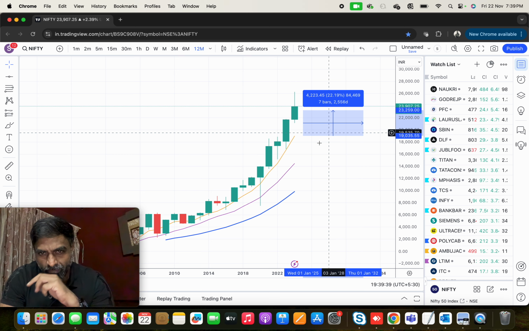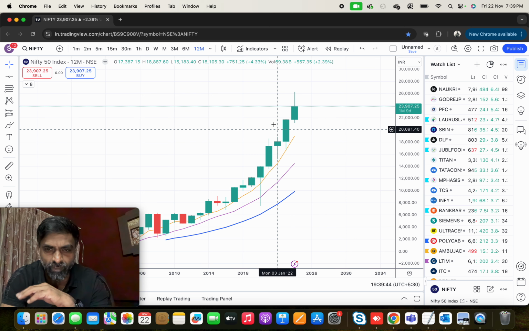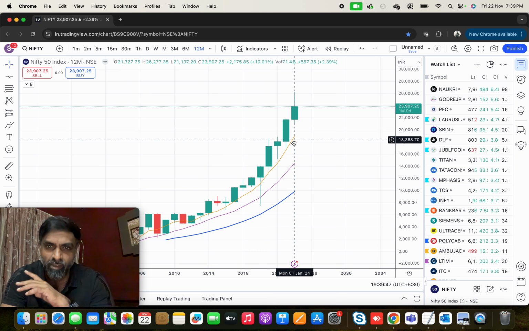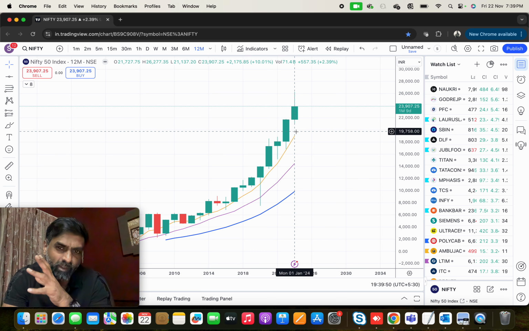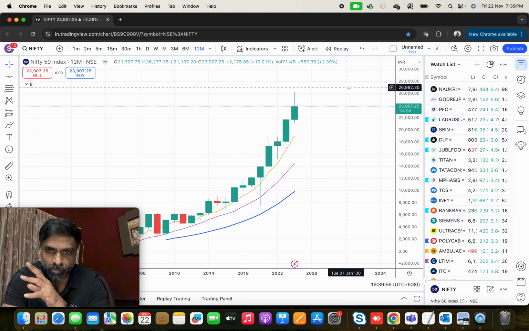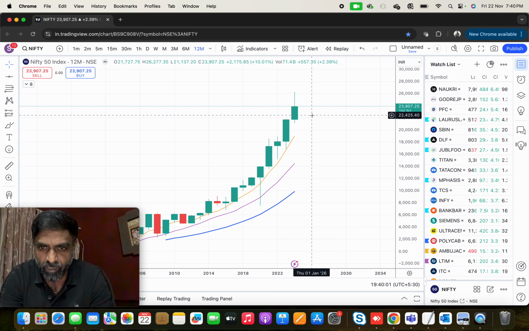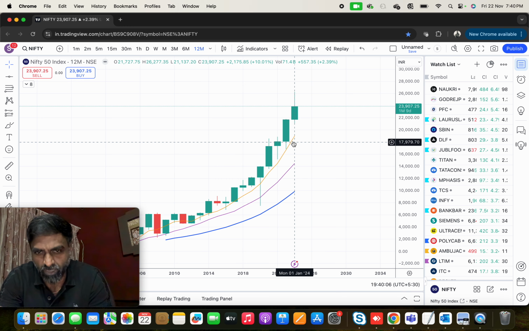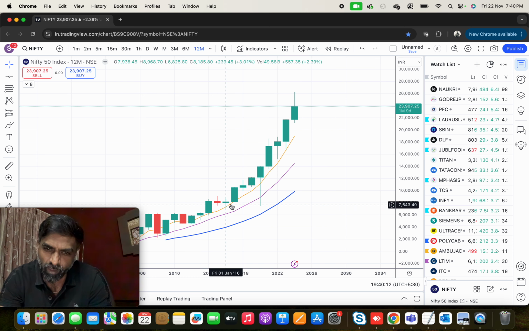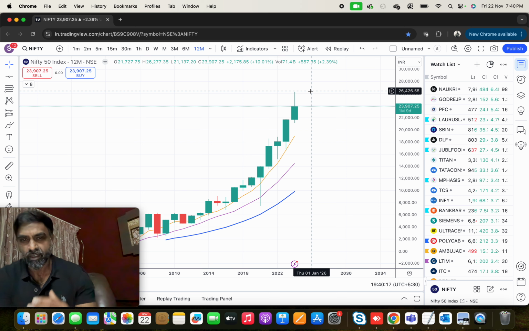So now the question is whether it touches 20. In the sense that when there is some kind of action happening over a period of time, the moving average 5 will catch up. But till then, maybe it will not make new highs, or higher highs than this. Maybe here itself some kind of action happens, by the time it catches the moving average 5, or it has to come down to touch here. So this is one thing I wanted to share with you, because it is too high at this point in time. To be very honest, the market is too high compared to historically,